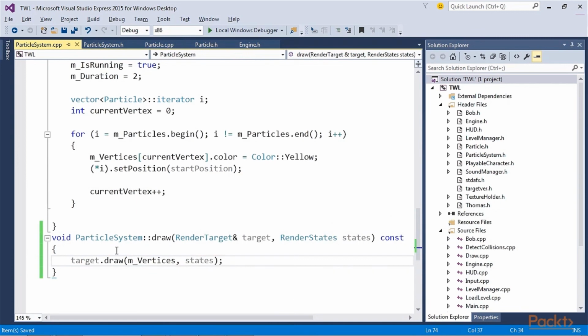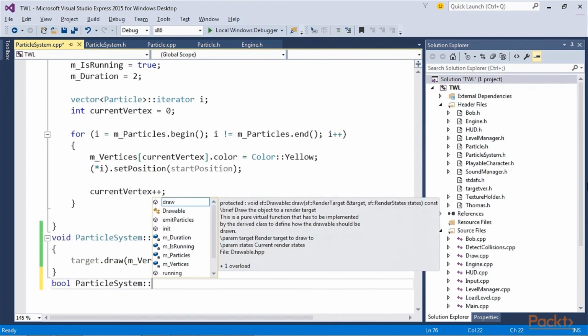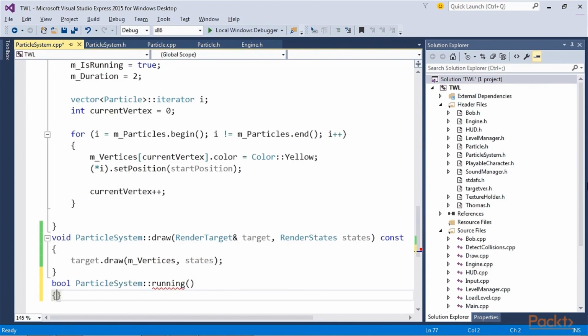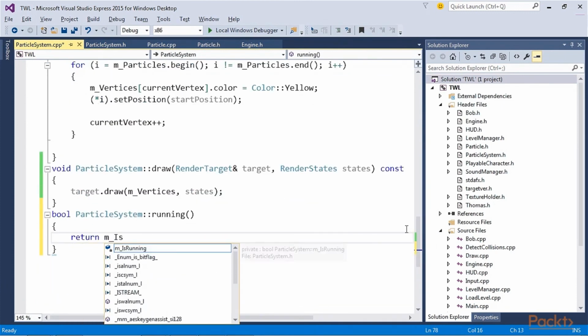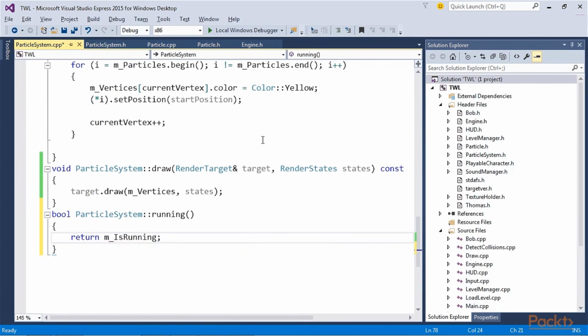This is exactly as we discussed when talking about Drawable earlier in the section, except we pass in our vertex array, which holds 1000 point primitives instead of the hypothetical spaceship sprite. Finally, we add the running function. The running function is a simple getter function that returns the value of m_is_running. We will see where this is useful to determine the current state of the particle system.